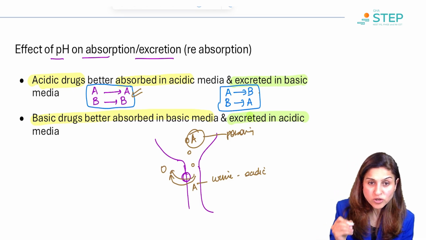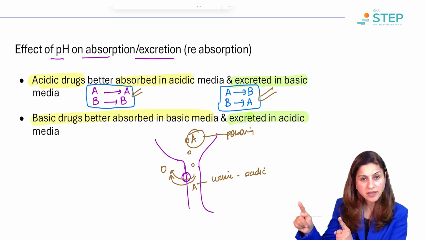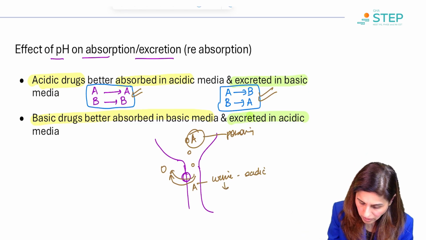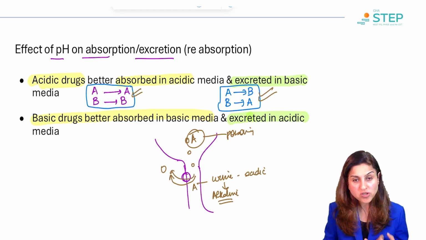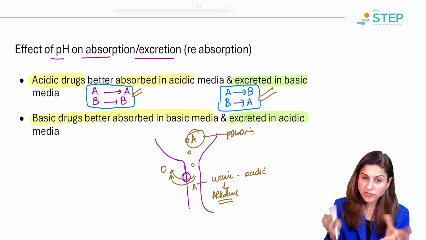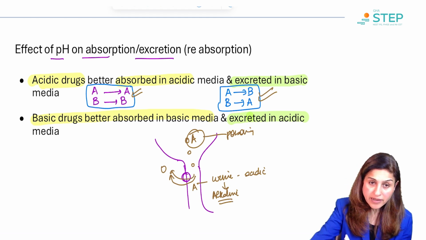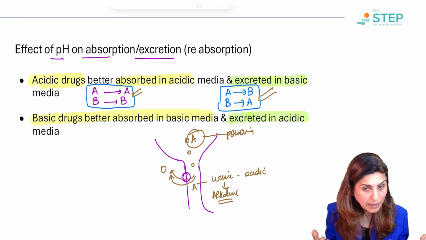So what rule should you follow here? Actually this one. So if you want to excrete the drug, you should make the urine alkaline. Right? So for urinary alkalization, for the drug to be removed, it should be an acidic drug. And if the reverse is there, let's say the drug is basic, then you can make the urine even more acidic to help in this.